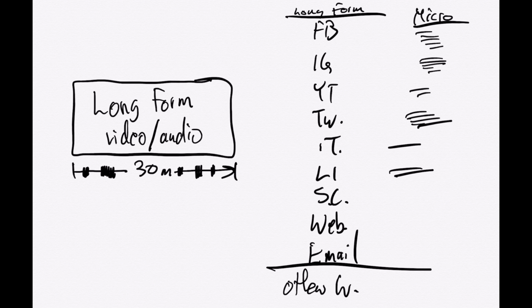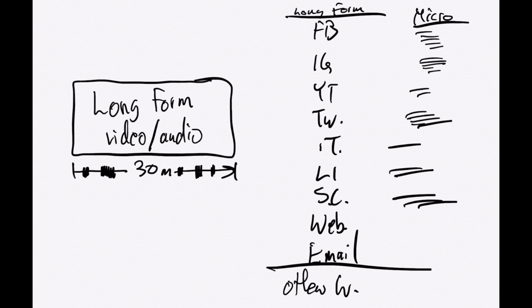You're saying, you know what? I don't want to create 2 pieces of content. I'm just going to leave it 1. That's fine. LinkedIn, you could do the same thing. Let's say you create 2 pieces of content. You put it on LinkedIn. Snapchat, same thing. Website. Of course, you've got the 1 piece of content here on the website.